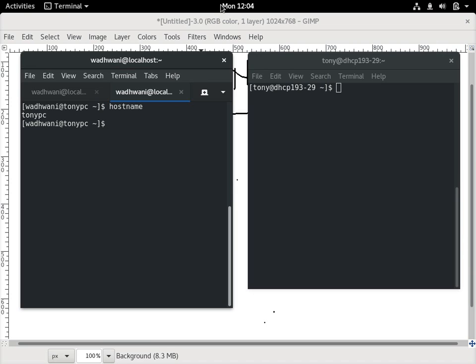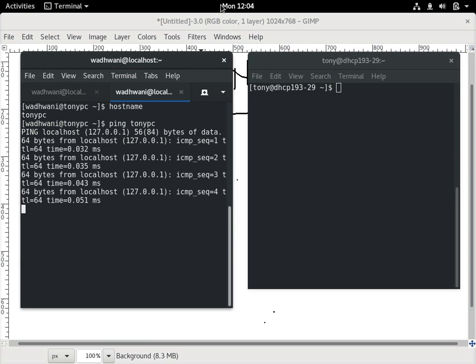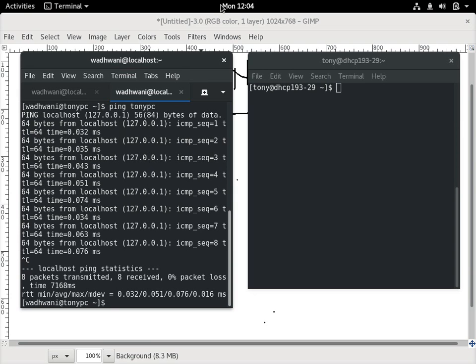Now this is an identity which is available on this host, and to check if a host is alive, we can run a command called ping and the host name. I can see that it is giving me some output. This output confirms that 8 packets were transmitted and 8 received. That means the network is working fine. There was 0% packet loss, there was no interruption to the network, and this host could be resolved easily. This host was up